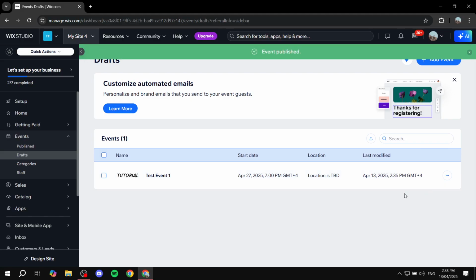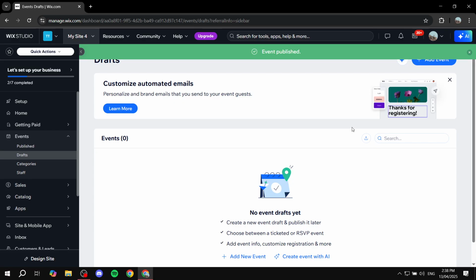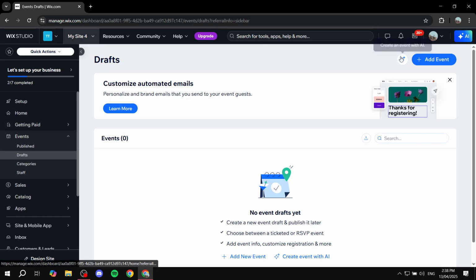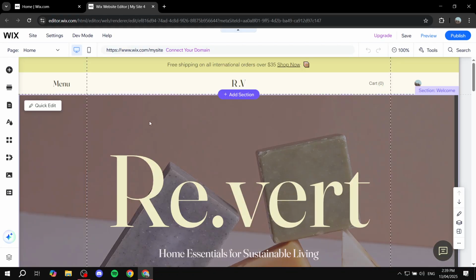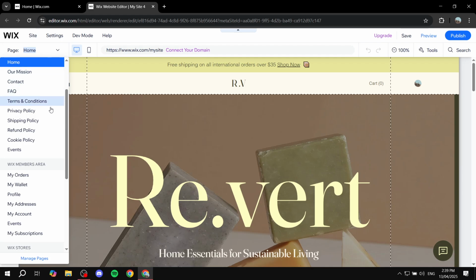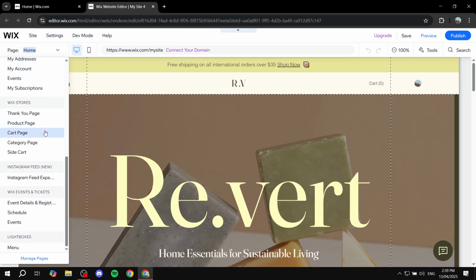Click on that, and this should publish the event for you. Now let's go ahead and go back to our site editor. Let's go home, click on design site or edit site, and let this load. Give me a sec. Again, once this opens up, we're going to click on page and scroll down to the bottom and